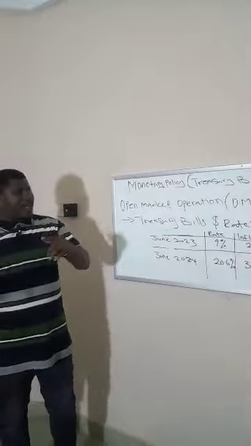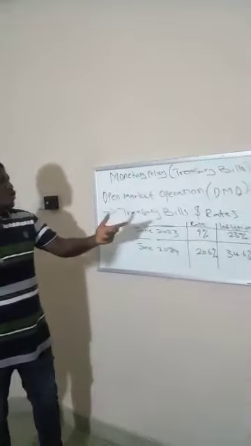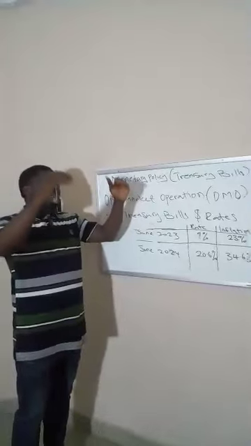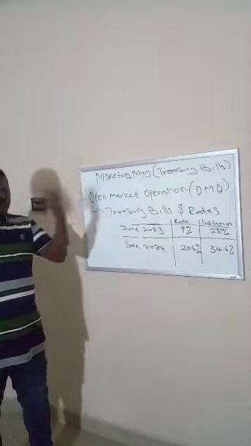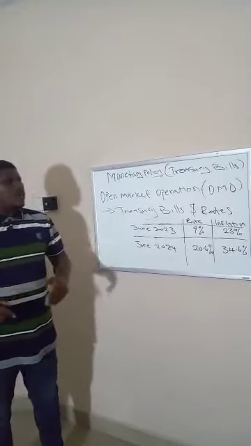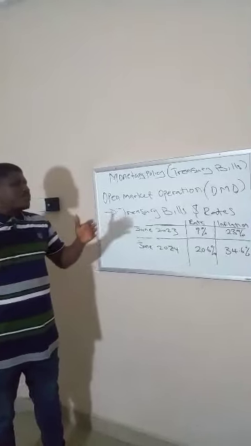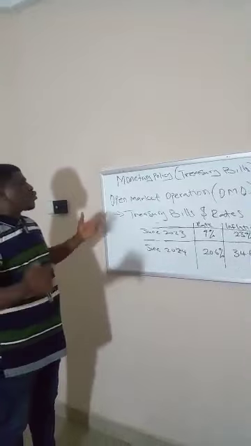So it's vice versa. If they sell treasury bills, then by standard the interest rate in the economy will increase, and the lending rate will drop. By so doing, there will be less fund moving in the economy. So it's a policy instrument that is used to control the money supply.